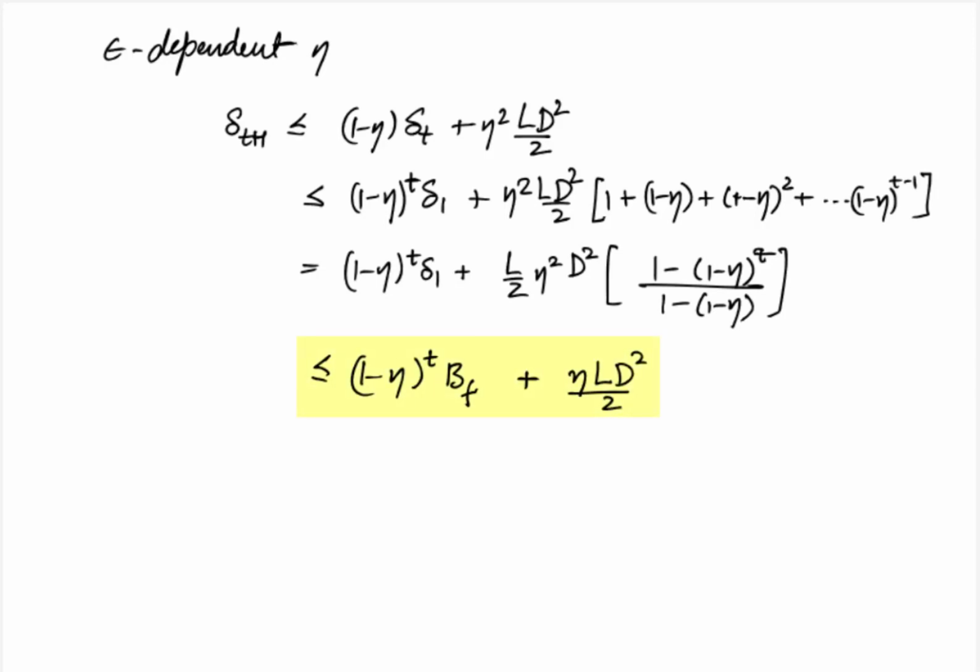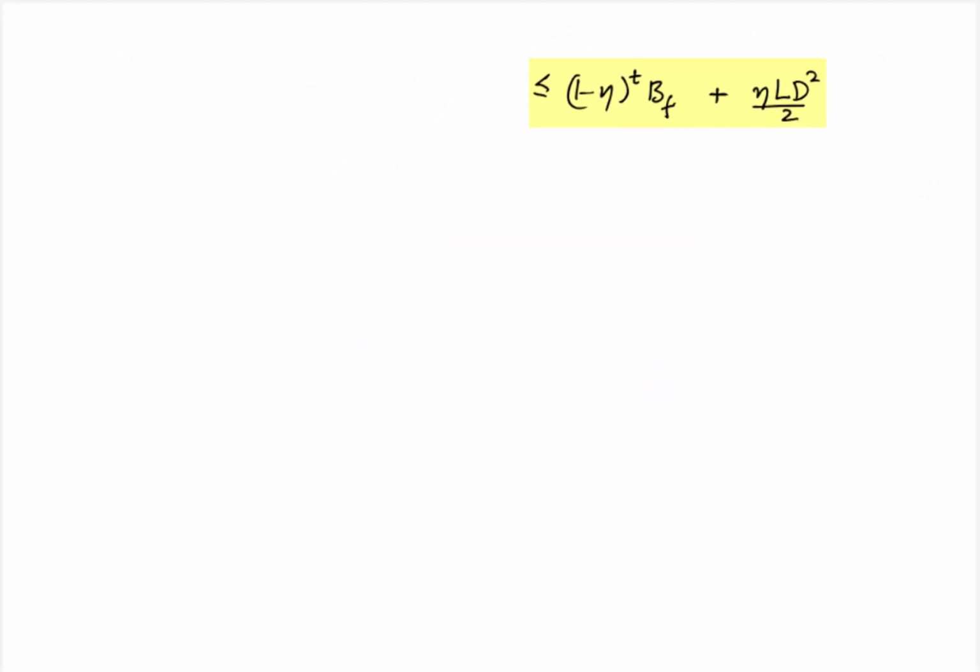Here, if eta was large, we would have seen linear convergence initially, but the optimality gap would have stopped decreasing after it was less than the second term, which is eta LD square by 2. So to calculate the oracle complexity from here and to choose eta, recall that we want to ensure that the optimality gap is less than or equal to epsilon. This implies that eta should be small. In fact, eta should be order epsilon, because we ultimately want the second term to be less than or equal to epsilon. Likewise, the first term should also be less than or equal to epsilon.